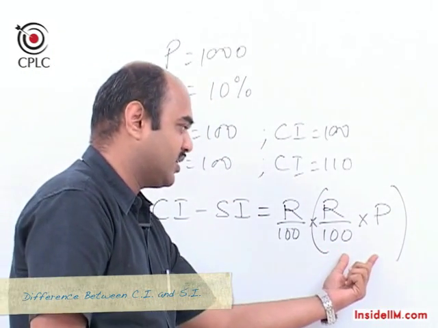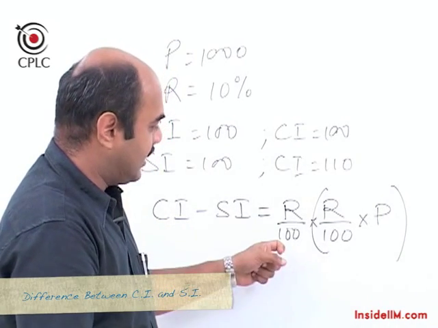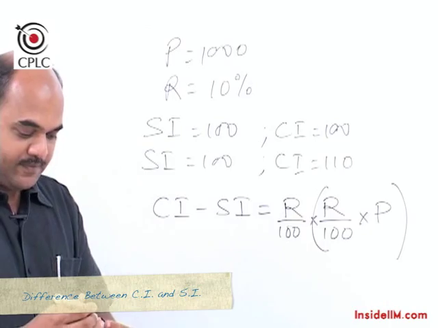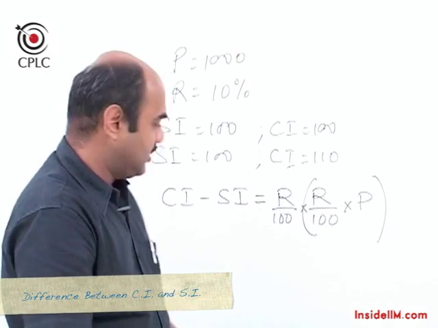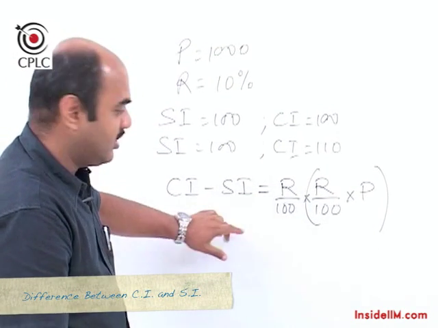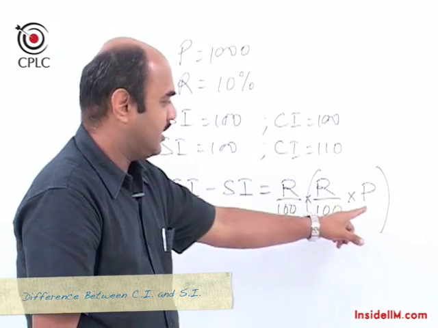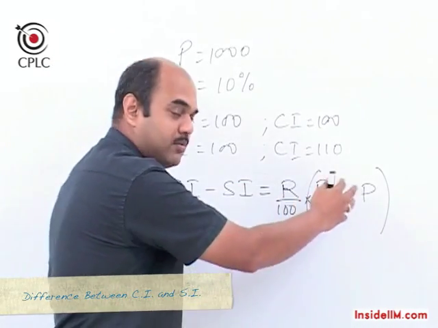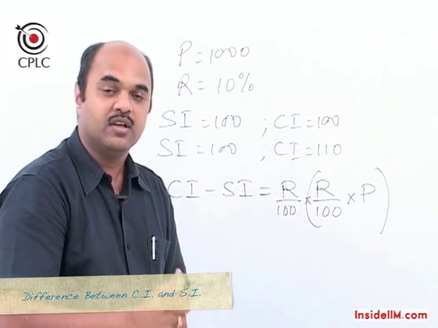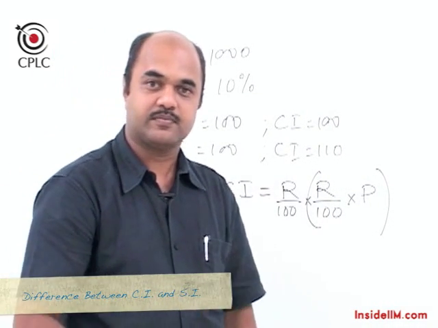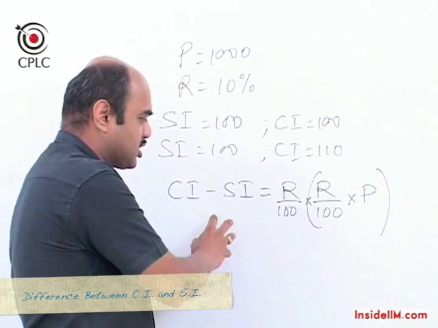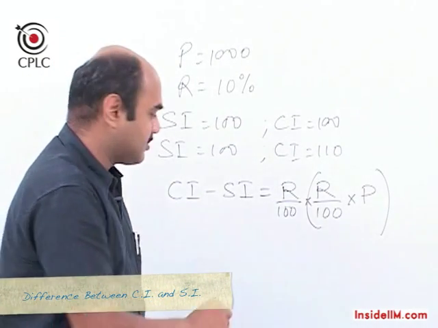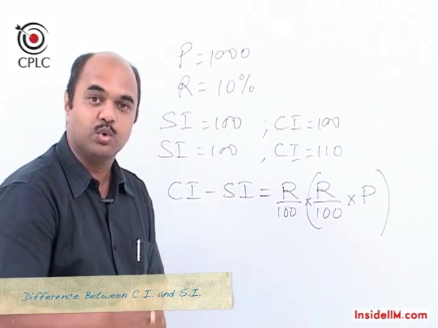This is how we calculate the first year's interest, and we calculate interest on that, and this becomes equal to the difference. Now in problems it is possible that this difference is given and the rate is given and the principal is asked, or whichever way. Out of these 3 parameters, if any 2 are given, the third can be calculated. Now I have already mentioned that this formula can be used only if the problem talks about difference in the first 2 years.